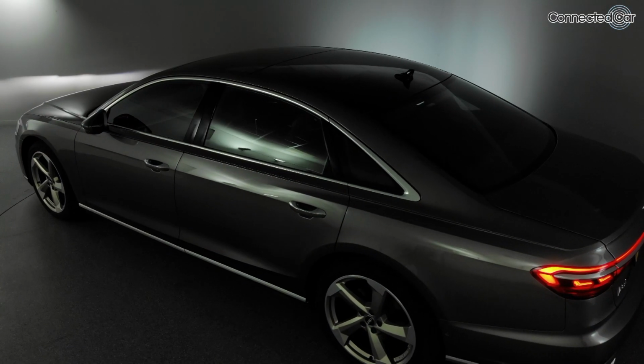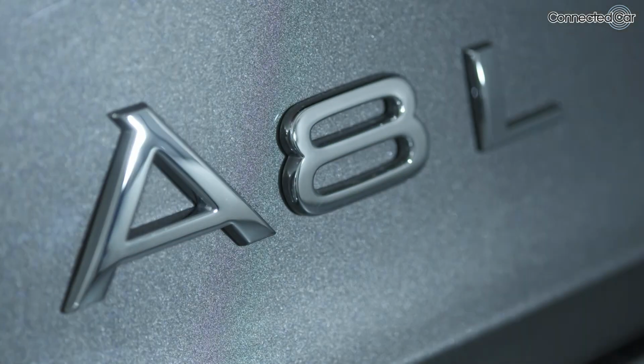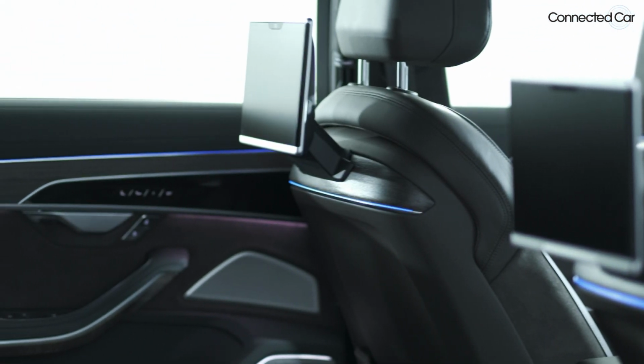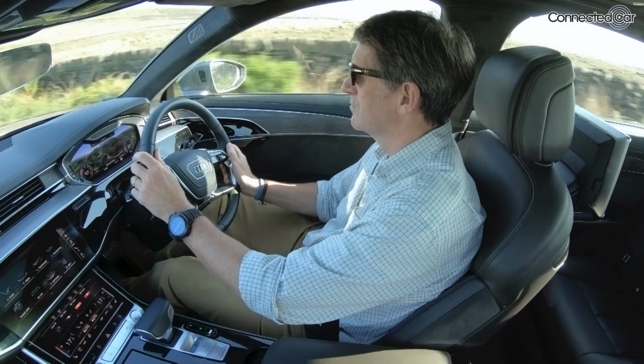And what was the cost of this car? Well, before any options, the A8L has a list price of £72,210. This one, with a not unusual level of press car options, came in at £109,110. Gulp. Some of the big ticket items in that options lineup included the 20-inch wheels, the front and rear